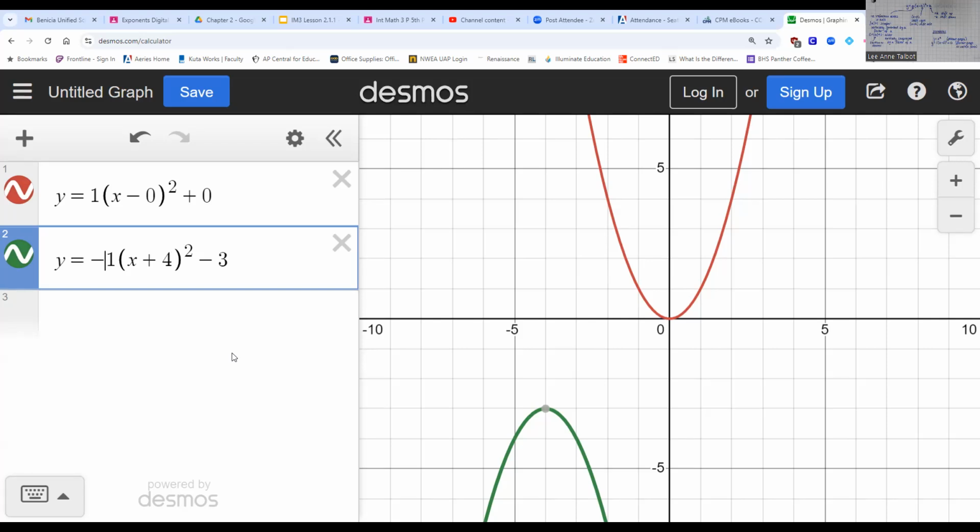Okay, this one has 3 transformations, so on the quiz I would put 3 bullet points. It doesn't matter the order, but down 3, left 4, reflection across the x-axis. Is that okay? All right, and then lastly,